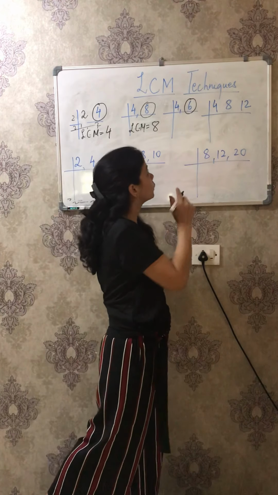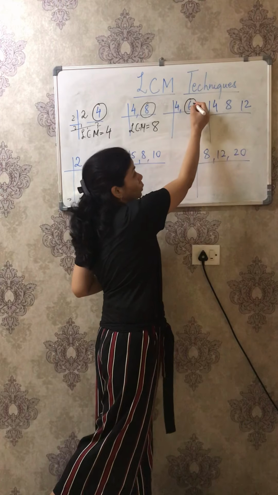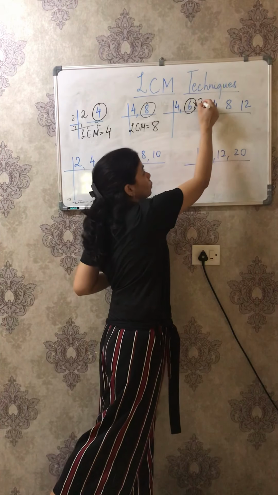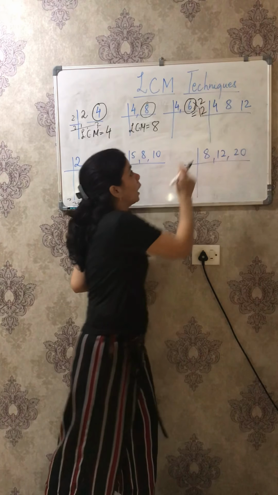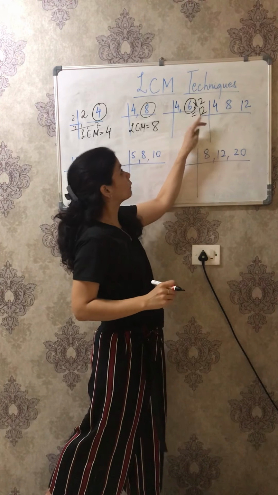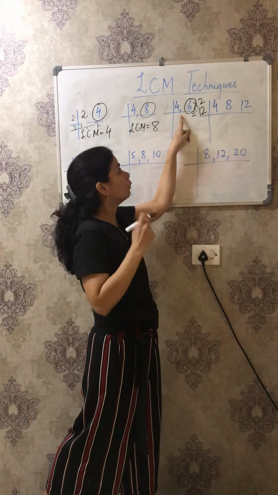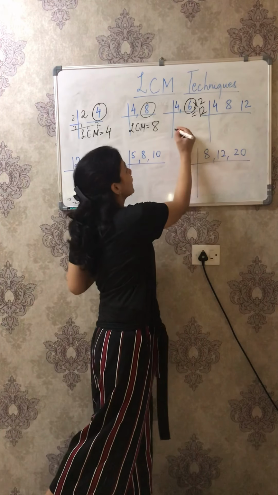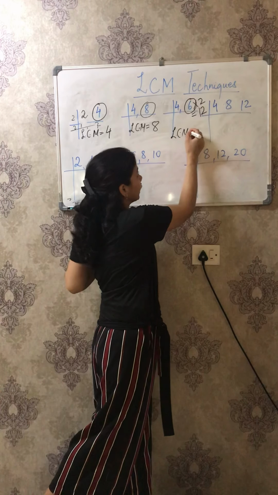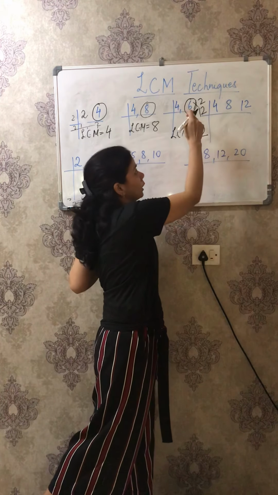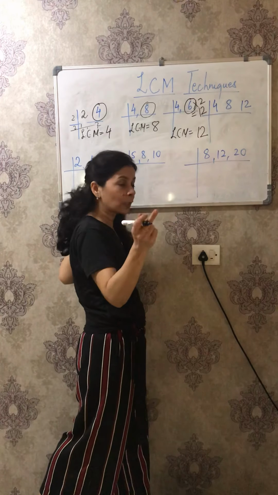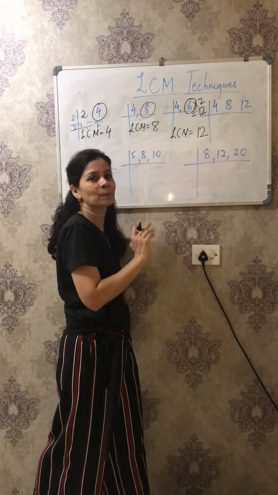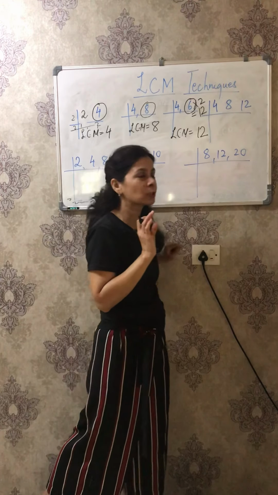What you can do is go to the next multiple of 6, which is 6 2s are 12. Now you check whether this 12 is divisible by 4 or not. 4 3s are 12. Yes, 12 is divisible by 4 now. So your LCM will be that second multiple, which is 12. We will not take 6, we will take 12 here, because this 12 is divisible by 4. Isn't it easy and interesting too?